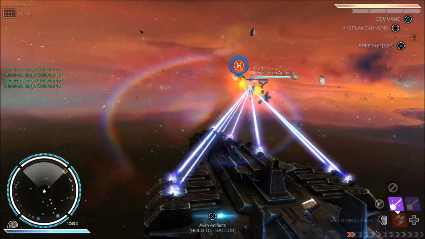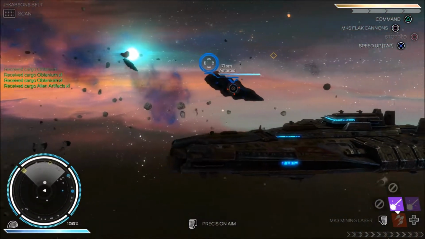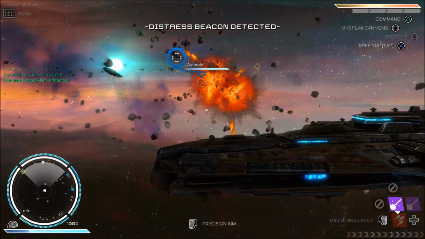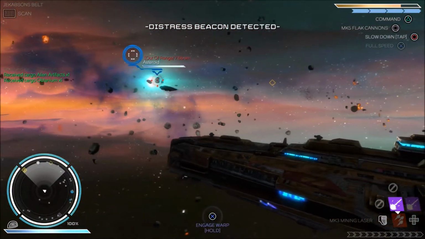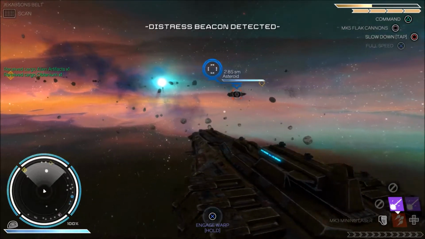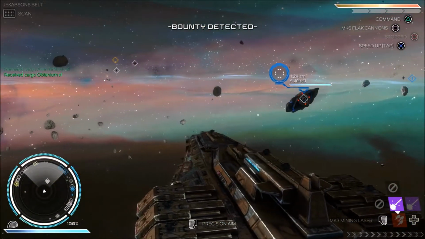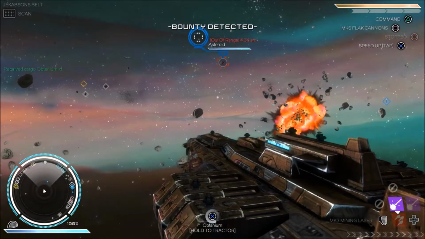I don't see any red things on you. And another one here. I don't see any red things on you. Oh, there's one over there. Accelerating to sublight. Exiting sublight. Full stop. Bounty detected. I don't know if you need to do a pulse to get the red marks to